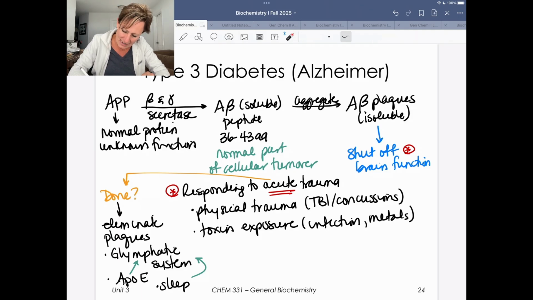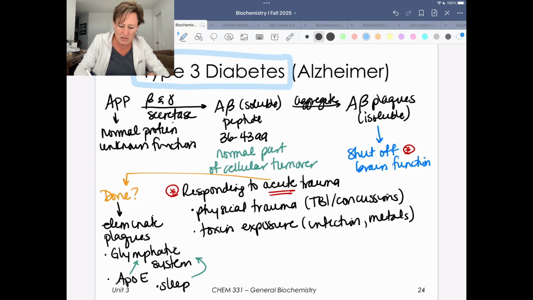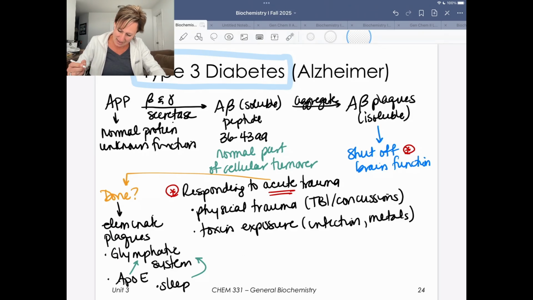Okay, so here again is the key. Trauma is supposed to be acute. It's supposed to be short-term. Physical trauma, exposure to toxins, like a short-term infection. Here's where this piece on type 3 diabetes comes in, because you're like, Dr. Perenni, you've only told me about type 1 diabetes where you can't produce insulin, or type 2 diabetes where you don't listen to the insulin that your pancreas is overproducing. So here is a third sort of trauma that we can have. I want you to be able to think about that, and let's actually say that this is not an acute trauma, this is a chronic